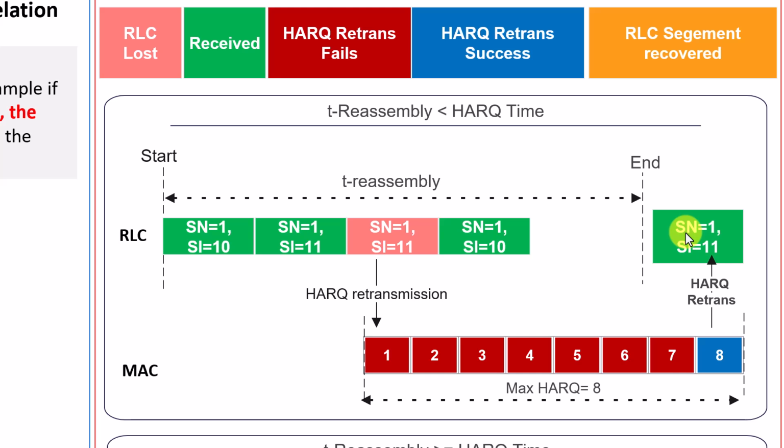But unfortunately, it's sent after the reassembly timer has expired. This means the HARQ was useless in this case, because once this timer is expired, the RLC retransmission will start, because the RLC receiver will be sending to the transmitter, I didn't receive that, please retransmit again. So that's the case. In this case, what will happen once you receive that? This means it is useless because it's coming after the reassembly. The RLC receiver already sent to the transmitter telling him, I didn't receive it from the RLC perspective, please retransmit it again.